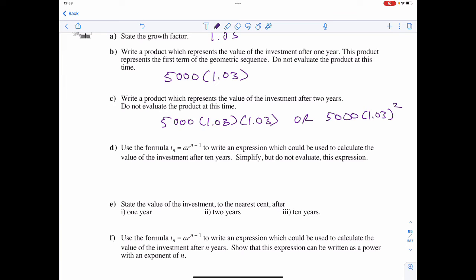If I'm using the formula to write an expression which could be used to calculate the value of the investment after 10 years, then I'm going to take my first term, which is 5,000, and multiply that by 1.03 to solve what it would be after 1 year. My r value is still going to be 1.03,